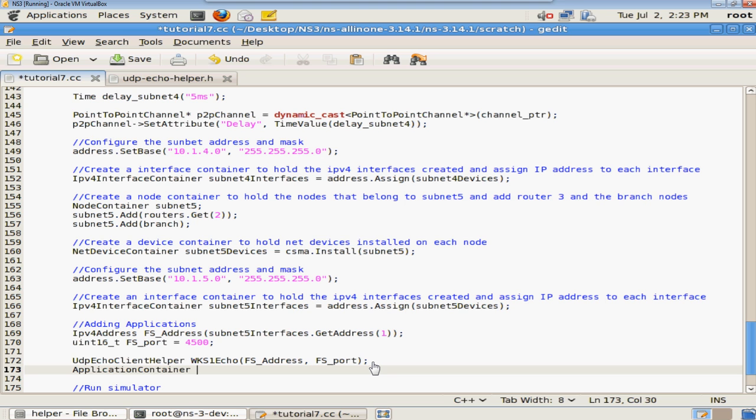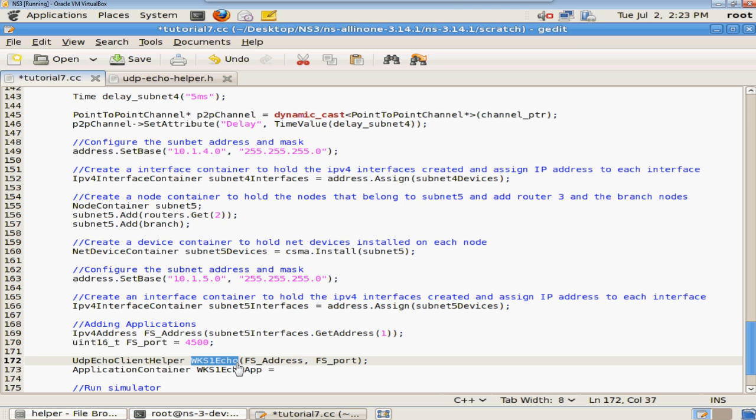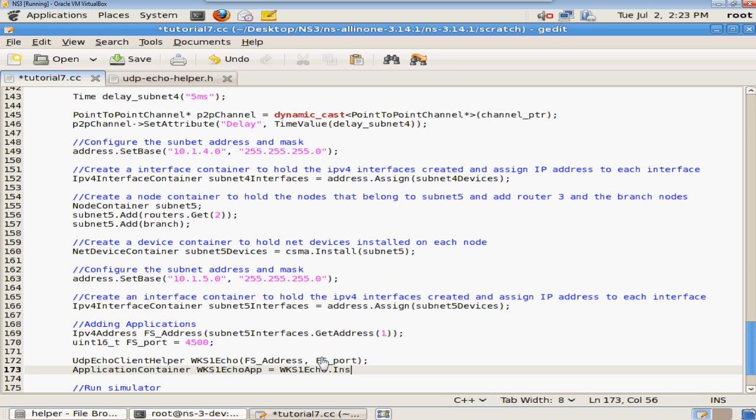So we're going to call this WKS1 Echo app, and we're going to use an install method. So we're going to use the UDP Echo client helper object. I'm feeling lazy today, so I'm going to just copy and paste, and we're going to call the install function. There should be no surprise to you. You've seen this done before when we created nodes. So you can have an idea of what the install